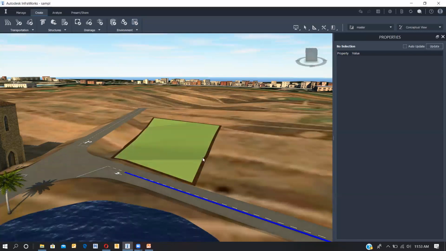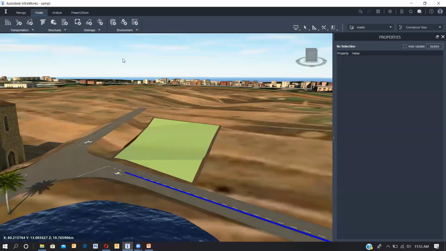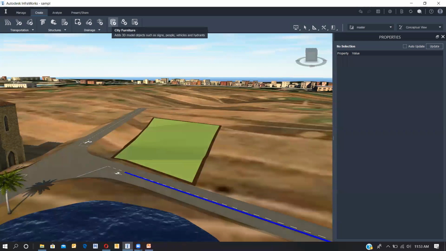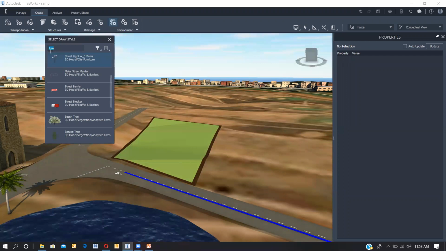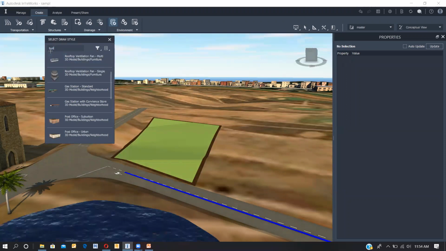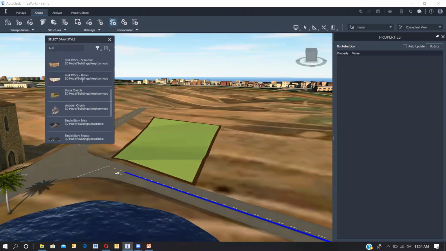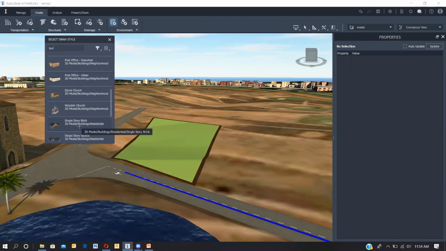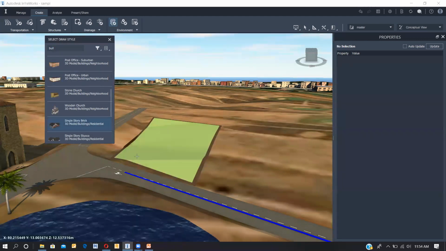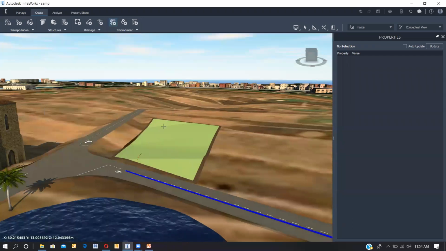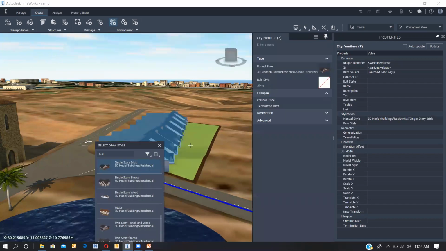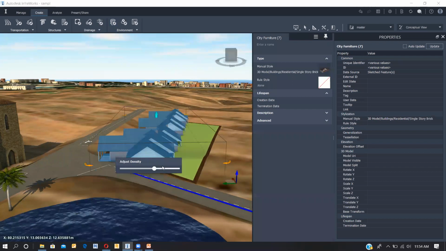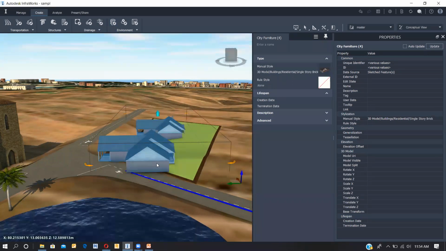Now if I want to create a building over here, again I'm going to go to the city furniture, type buildings. So let me select this. Yes, it created many buildings.